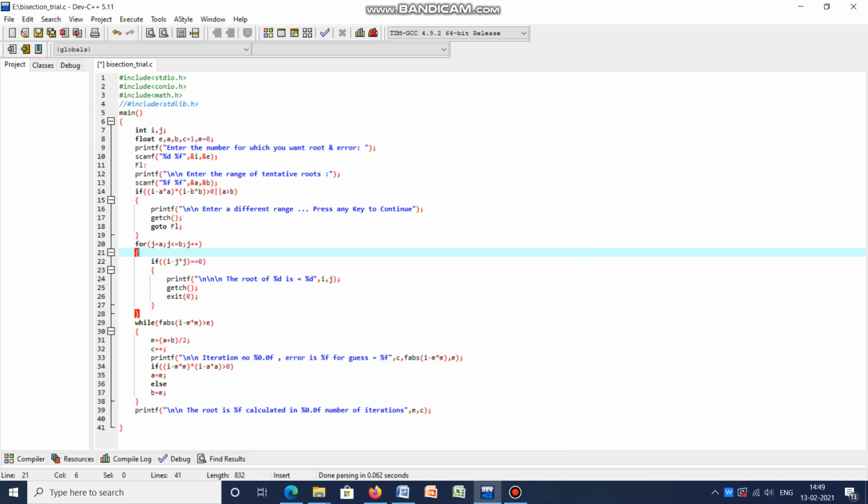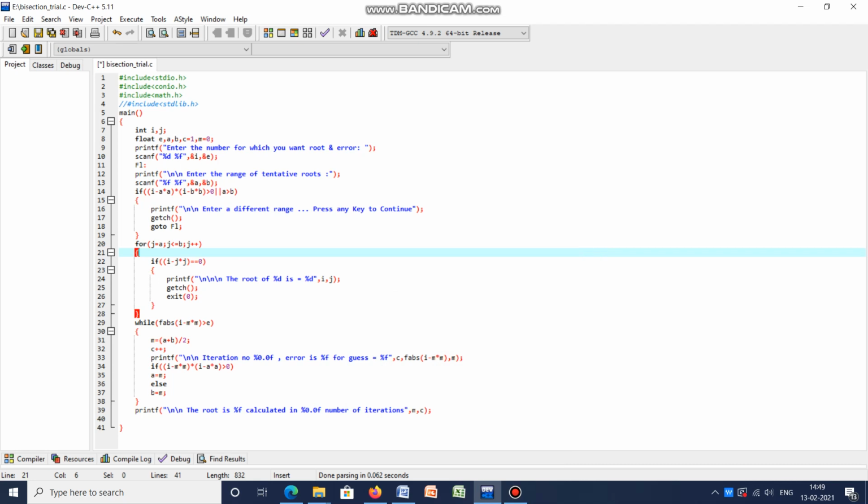Now, as I mentioned, we need to compute what it does for a function. It checks all integer values step by step, for example from 1 to 2, 2 to 3, 3 to 4, and checks in which step the function changes its sign. So if I want to find the root of 7, then I am checking that my function is f(x) equal to x square minus 7.